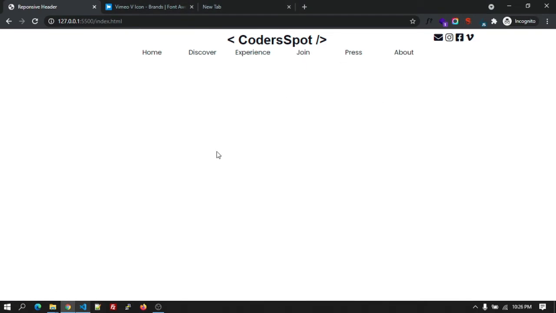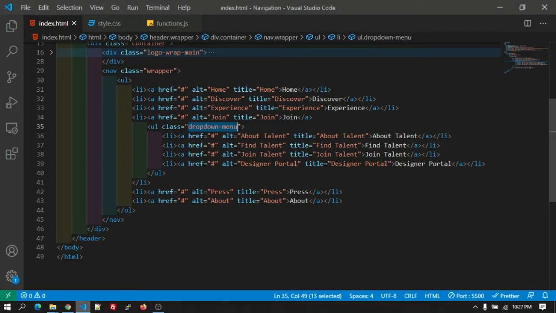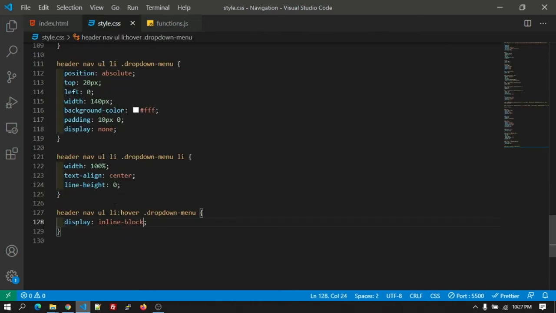Okay, let's give some animation to it. When I go over on any menu item, let's change the color as well as give some simple animation to it.